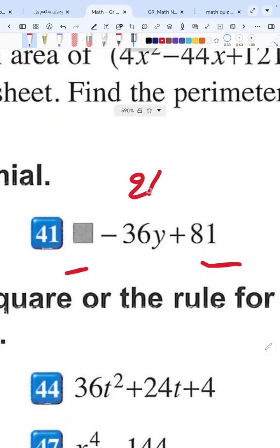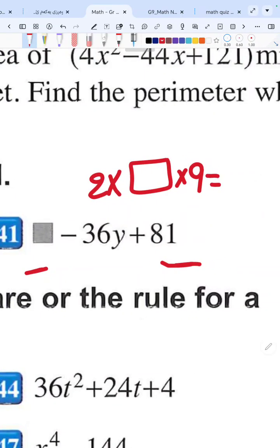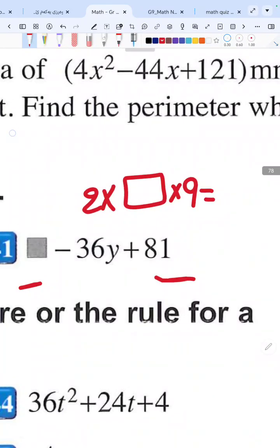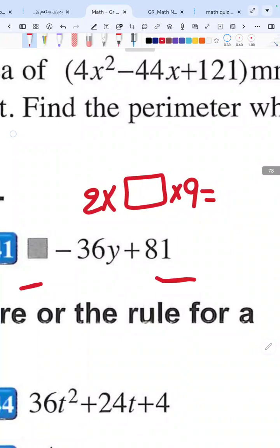Now this one. 2 times the factor of the first one, we don't know, times the factor of the last one, which is 9. Let's see. 2 times 9 times what equals 36? Of course, times 2. Then power 2, it will be 4. And there is y, so it will be 4y power